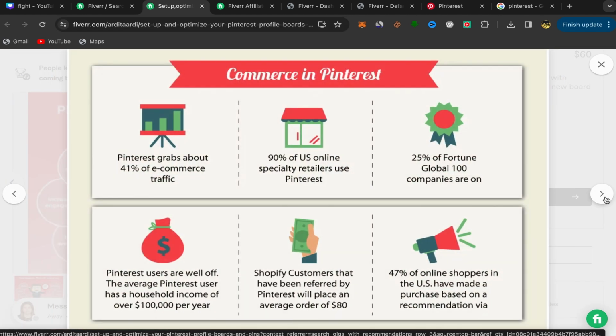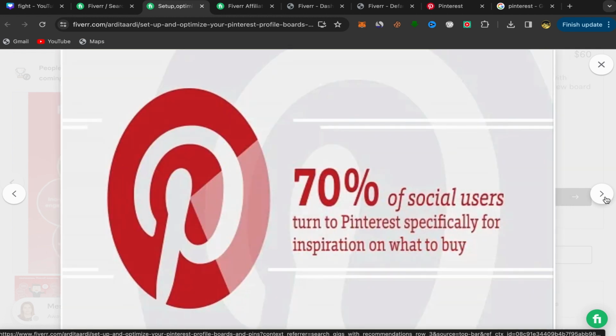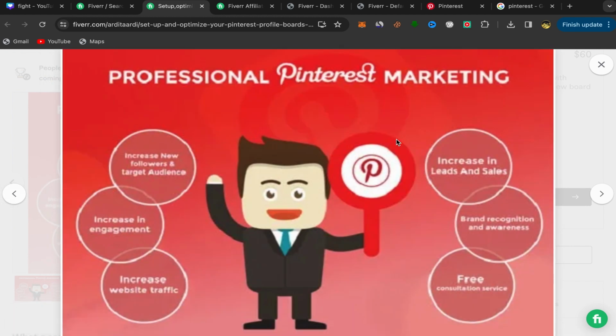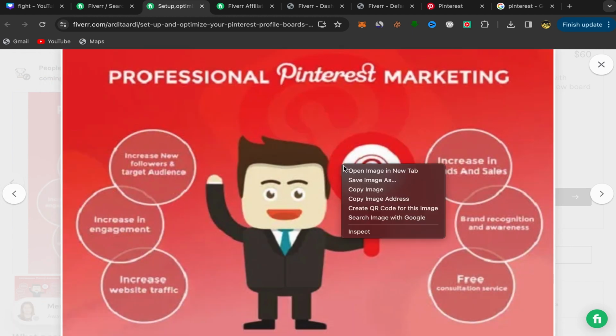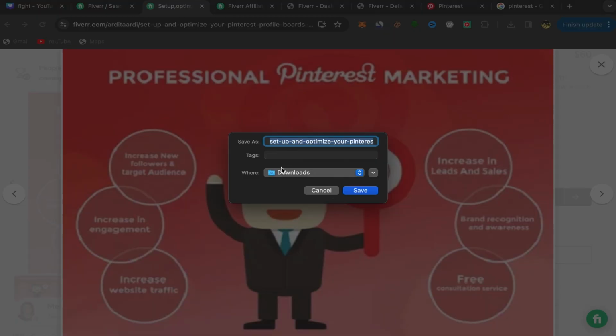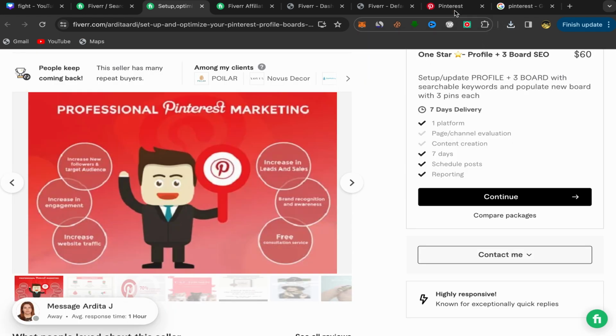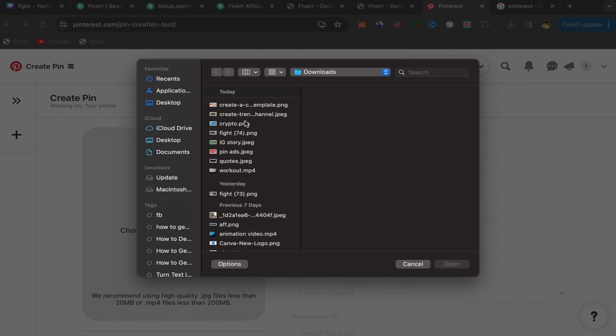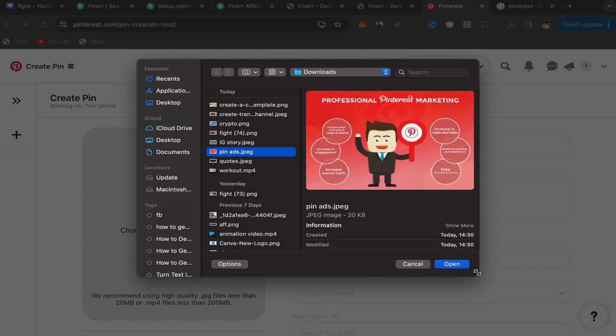Let me see if we can find a good one. Okay, I will copy this one. So upload this picture to your laptop, double click, save image. Okay, and save this picture to your laptop. I'm gonna name it Pinterest, for example, ads. Okay, like this. Go to Pinterest, click over here and upload this picture. Okay, like this. This is my picture. Open,